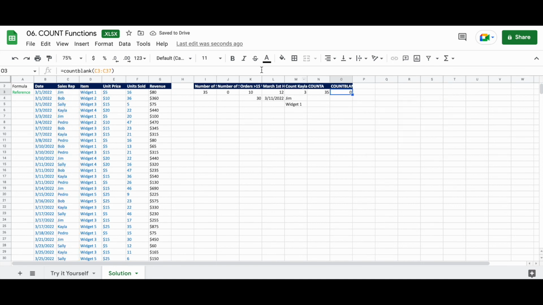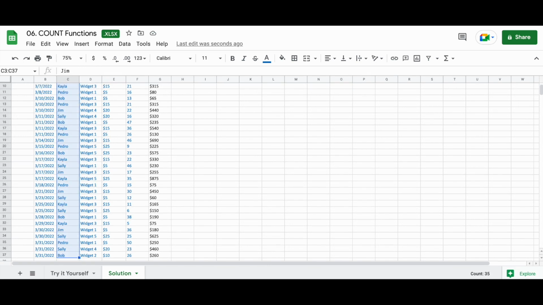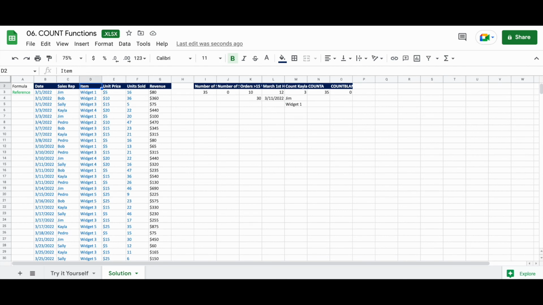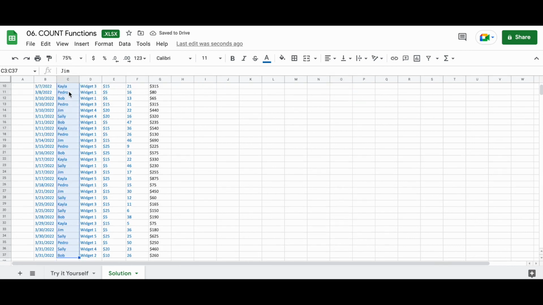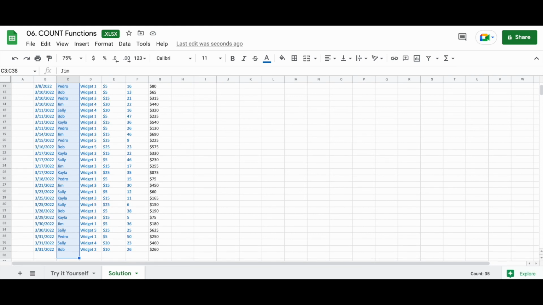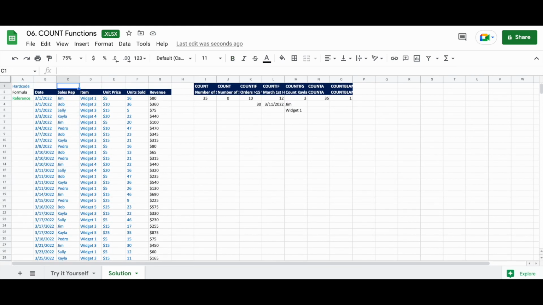And that's what we would expect because there is a value in every cell from C3 down to C37. Now, if we were to expand this to, say, C38, we would see the value 1 because C3 through C37 all have values, and then C38 is our first blank cell.